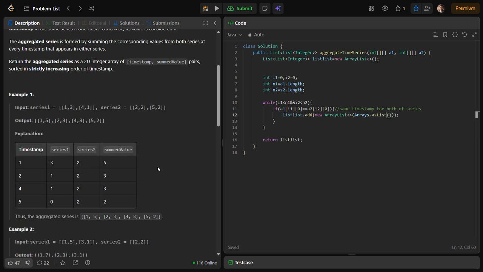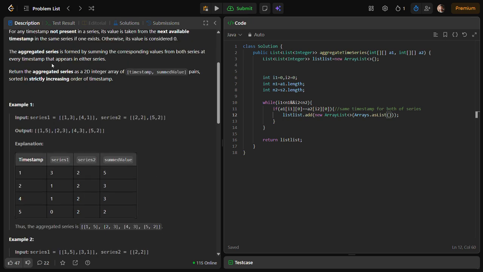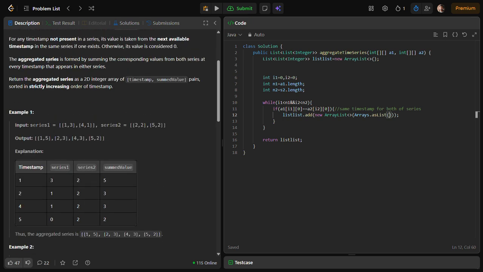So in the aggregated series, firstly you have to add the timestamp. So the timestamp is a1 of i1 comma 0. You can also put a2 of i2 comma 0, but since both are the same, there is no need of that.